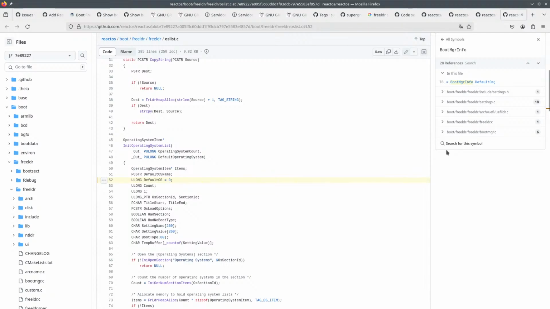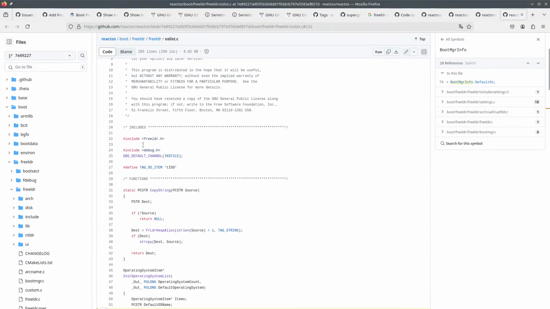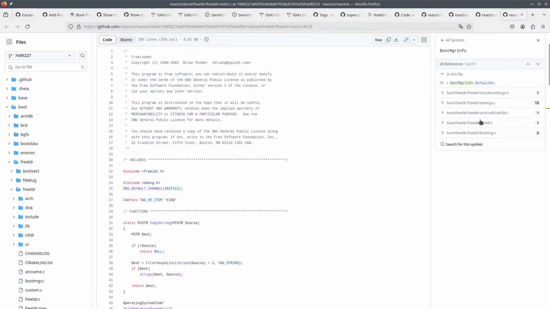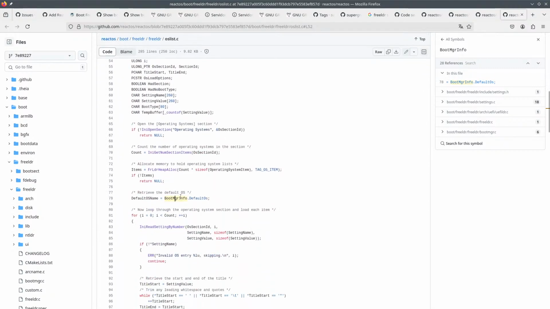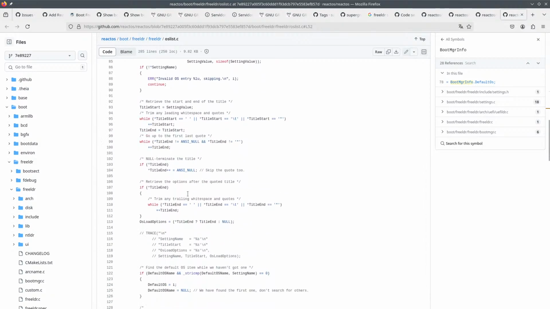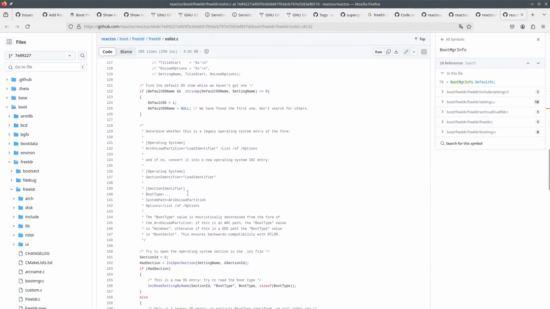We should have this in freeldr.h probably, but it's not found here, so that's interesting. So I'm not sure if this is using this from the kernel parameters or something else. Huh.